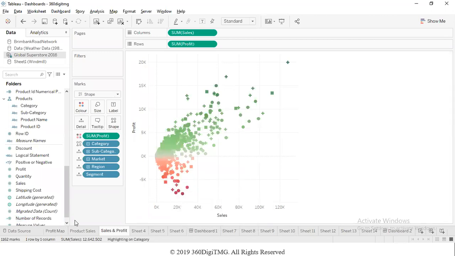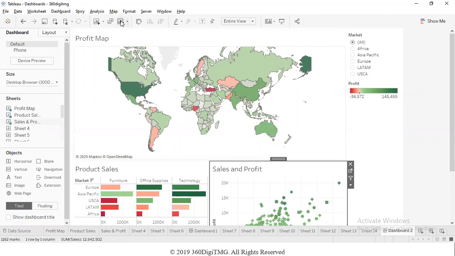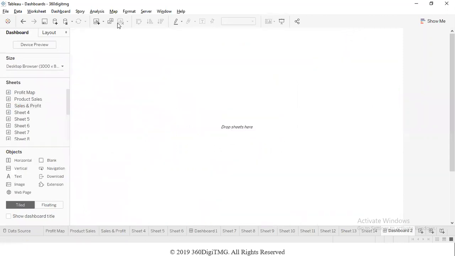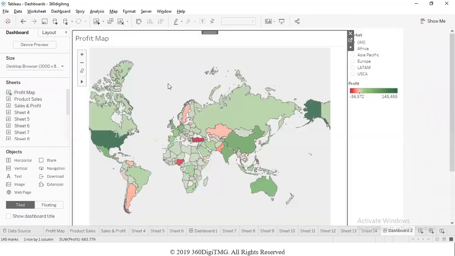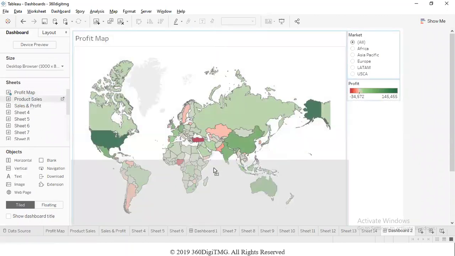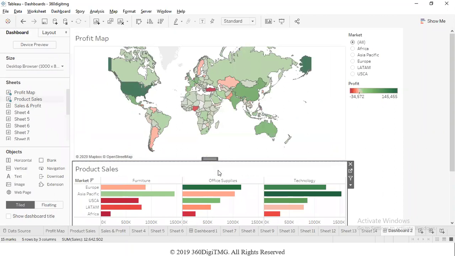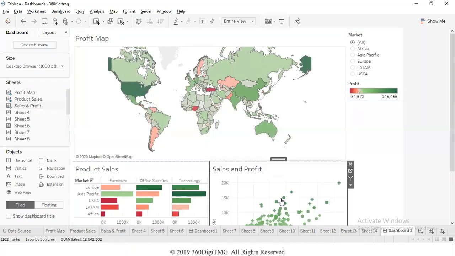Now let's say we want to put these together and analyze them. Put all the three together and analyze. Then we can build a dashboard for that. A dashboard is very simple to build. It is just drag and drop. Drag the worksheets and drop them in this interface. As we drag and drop, they will automatically be adjusted on the screen so that we can see the entire content.